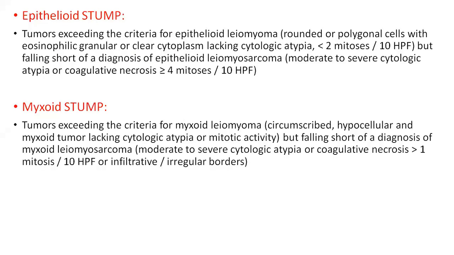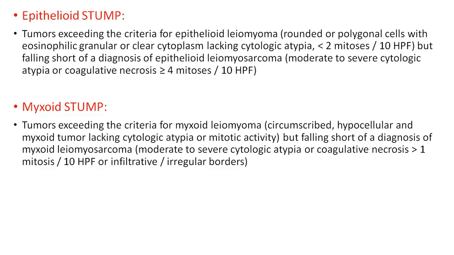And the STUMP is further subdivided into three subtypes, which includes spindle variety, epithelioid variety, and the myxoid type of the STUMP, depending on what type of cell features are present. So in this video, we will only focus on the epithelioid and the myxoid because these are the two subtypes which have the higher predilection of recurrence, and they are the ones which are commonly present compared to the